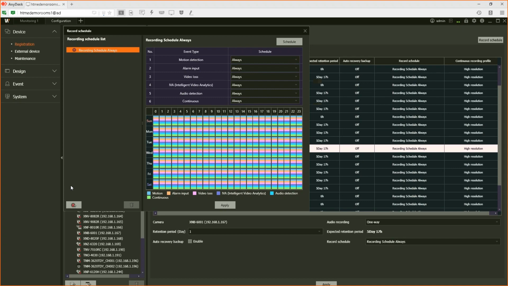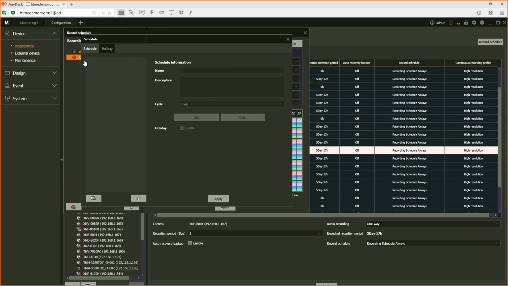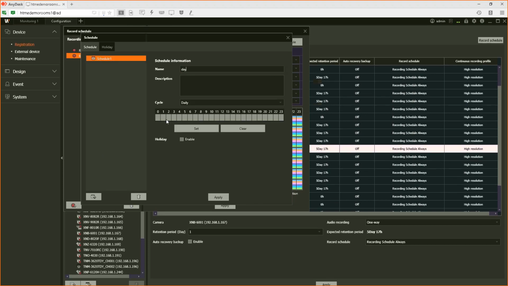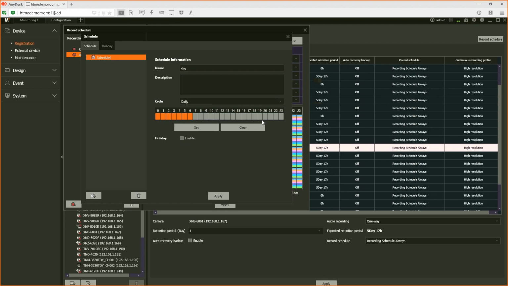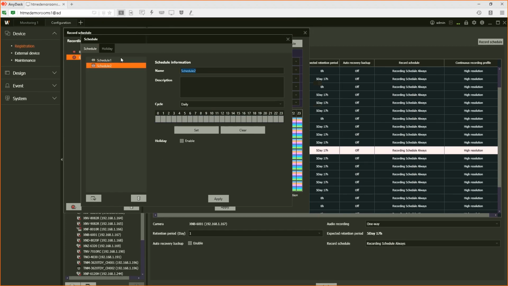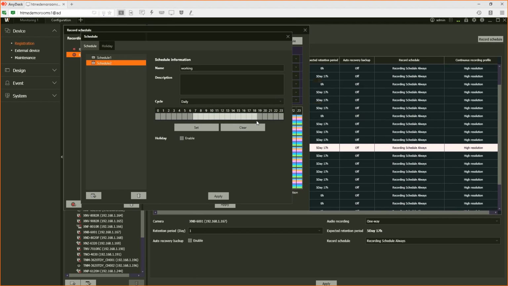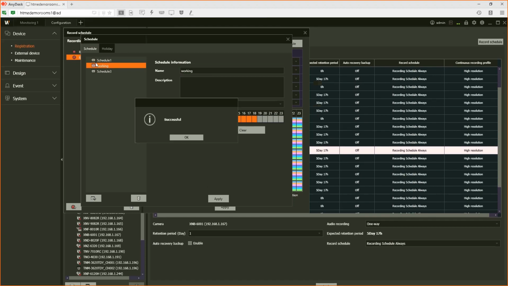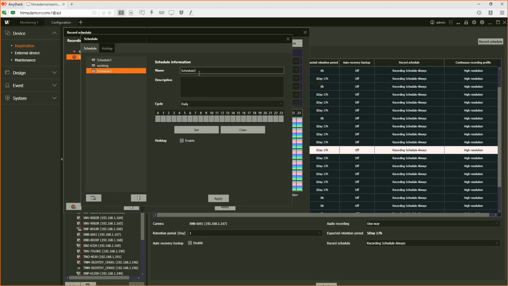You can create a new schedule and you can customize that. Let's say day. You can say day is from, and then you can say night or noon or working hours, working time from 7 to 6. And then you can set night.